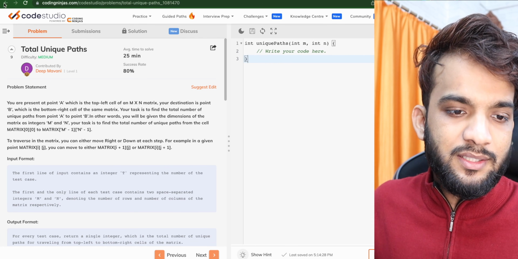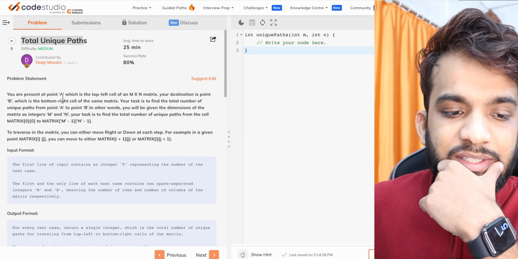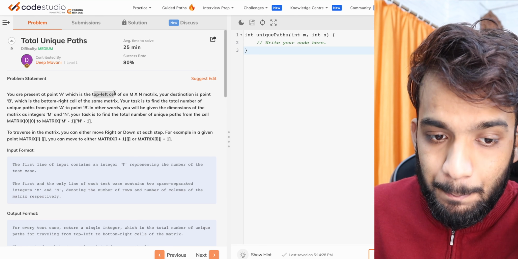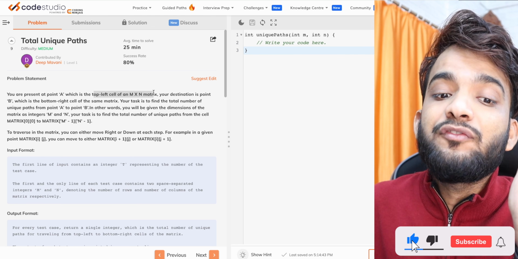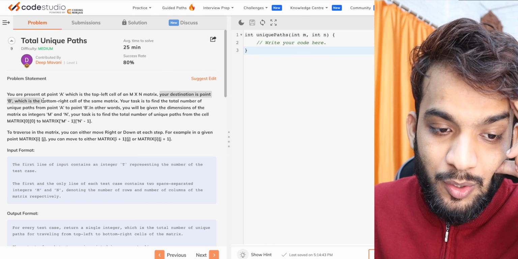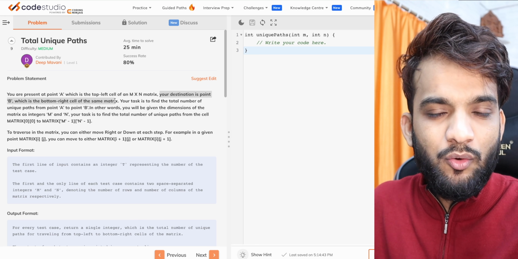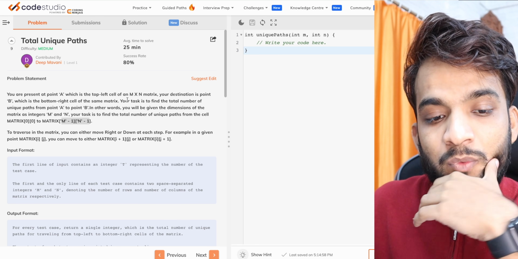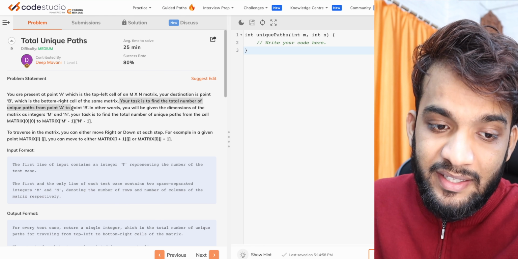To start off, let's check out the first problem, which is total unique paths. Now, what are they saying? You're present at point A, which is the top left cell of an M cross N matrix. Your destination is point B, which is the bottom right cell of the same matrix. Something like 0 comma 0 will be the top cell, and the bottom will be M minus 1 and N minus 1 for sure. Your task is to find the total number of unique paths from point A